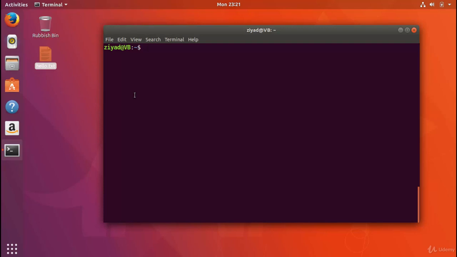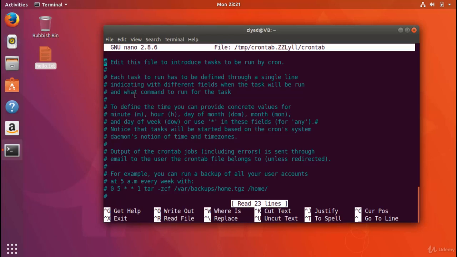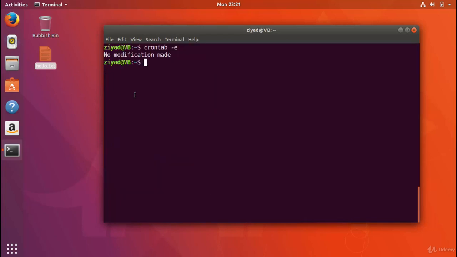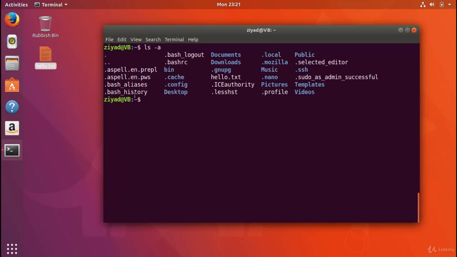So let's take a look at our cron tab again. Let's go crontab with the -e option, and we've opened it up. See, it's remembered that nano is our editor, and just in case you're interested, if you go onto your home directory and you look at all the files with ls -a, there's a hidden file here called .selected_editor, and it's that file that stores your preference for